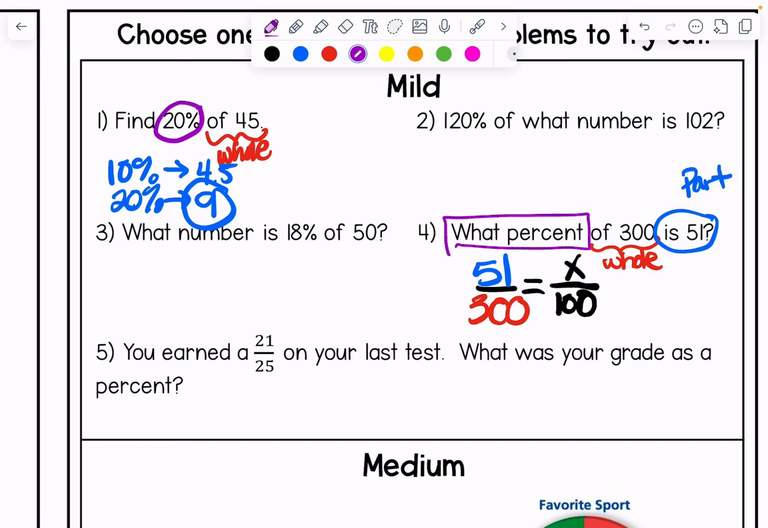And then once you have the problem set up, again, don't just always default to your calculator. If you see a relationship that you can use, then use that. So for example, you could use cross products to solve this, but I also see that 300 divided by 3